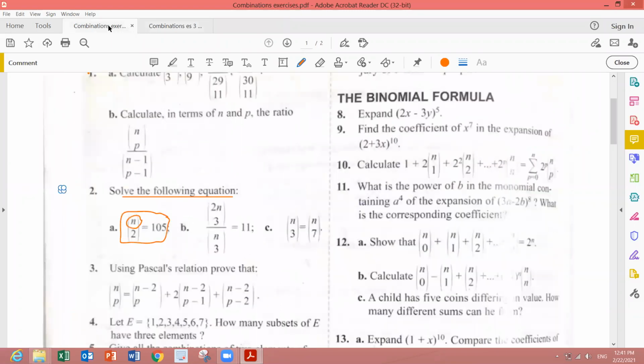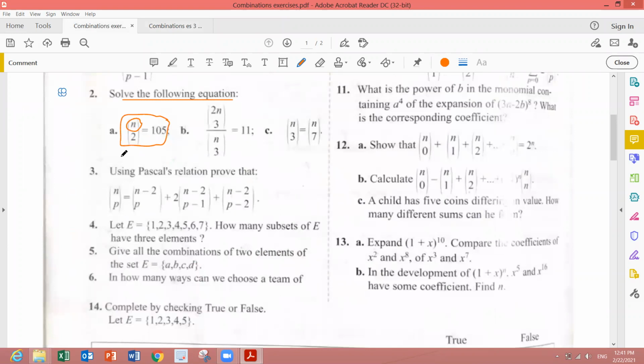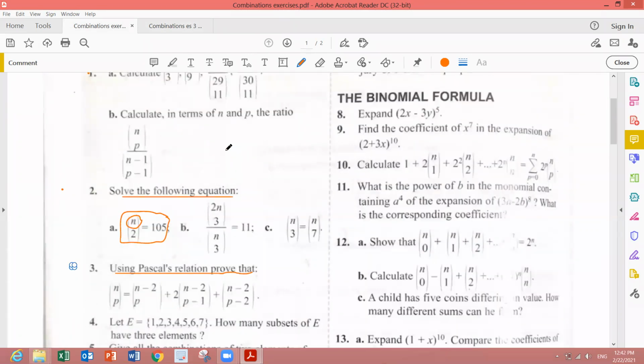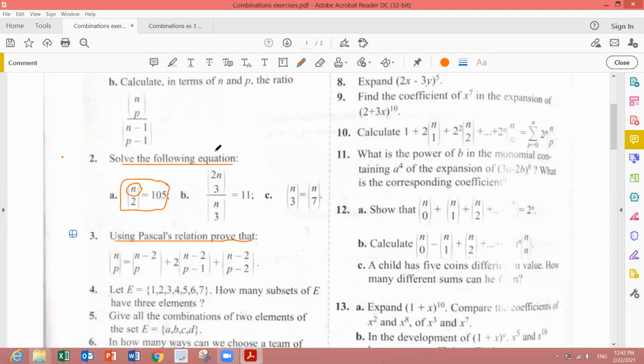Now we start with exercise 3. Using Pascal's relation to prove that. What is Pascal's relation? I forget Pascal's relation. Someone remind me. Yes, remind me, George. Not Pascal's triangle, Pascal's relation. Pascal's relation says